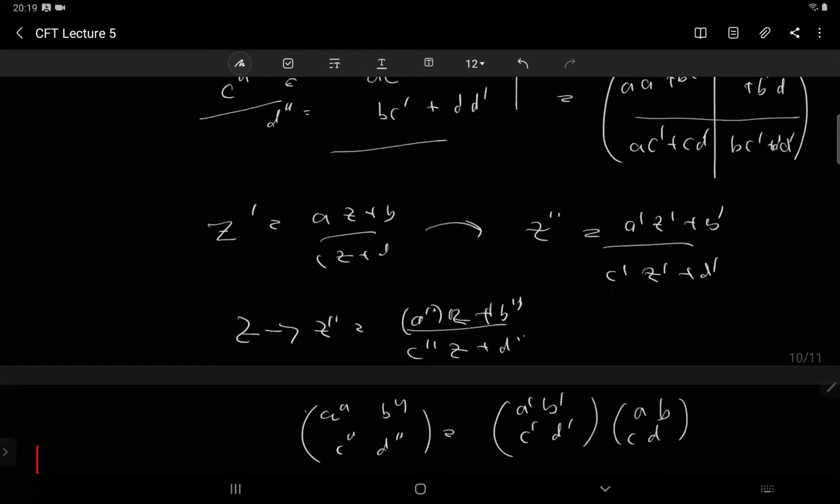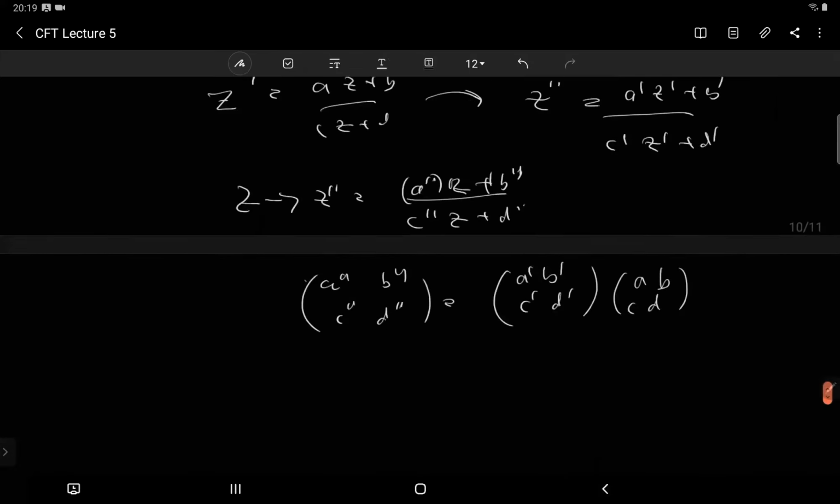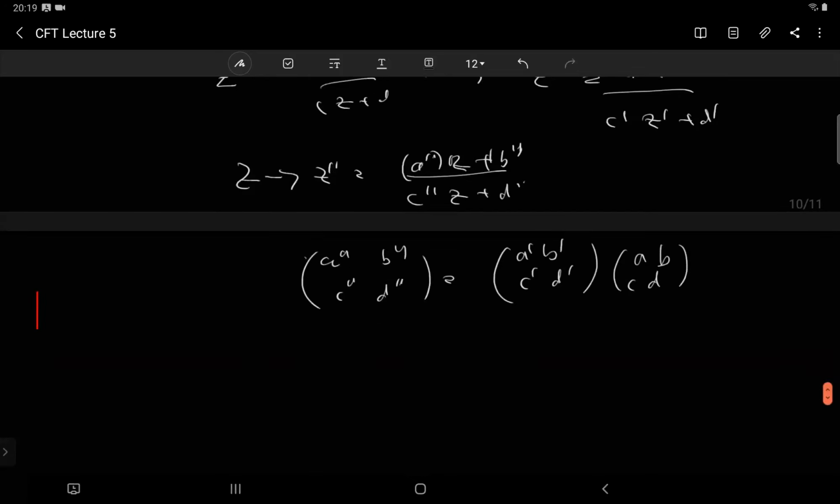Just multiplying the matrices, and if you do it many times, just keep multiplying these matrices, and then you'll get the A B C D for n times. If you do it n times, just keep multiplying for each of this A B C D times this thing, you'll get the answer for the nth one.